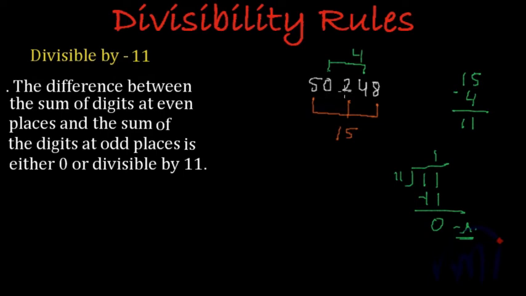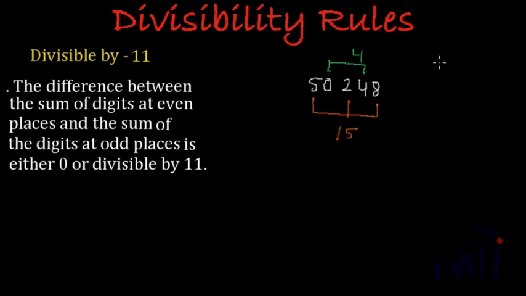So let's check the validity of the rule. For that, we will divide this whole number 50,248 by 11 and see whether we get the remainder as 0 or not. So let me remove all this extra calculation, right? So what we have to check? We have to divide this number by 11, right? 11 fours are 44. 10 minus 4 gives us 6. 4 minus 4 will be 0. If I note down this 2 over here,